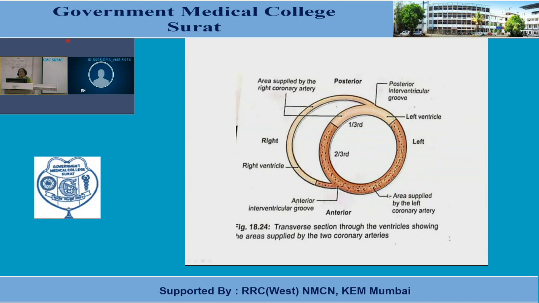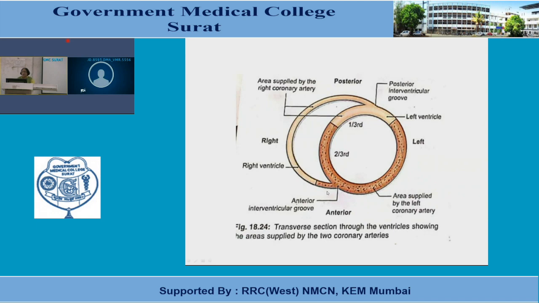Now we'll discuss the area supplied by the right coronary artery. So here is the right ventricle, and this is the left ventricle. Between these two there is the interventricular septum, which divides into two parts: here you can see the posterior 1/3 part and the anterior 2/3 part. So here we can see the area supplied by the right coronary artery, that is, the major part of the right ventricle,